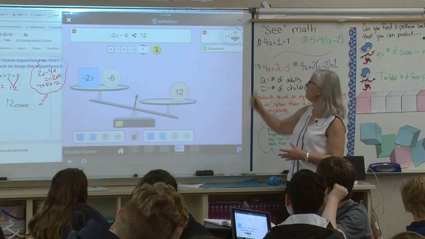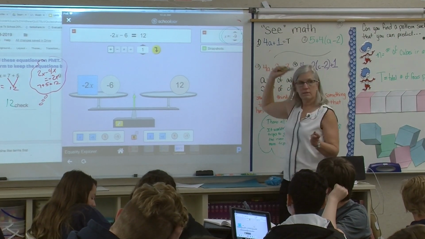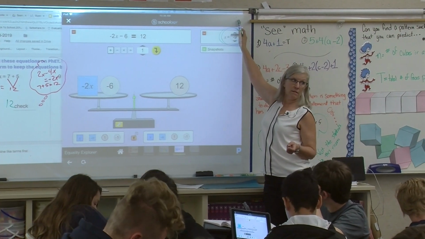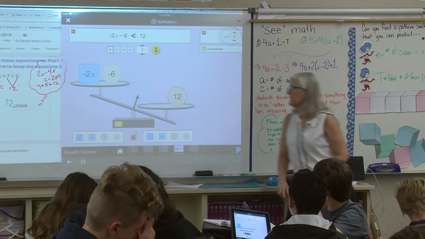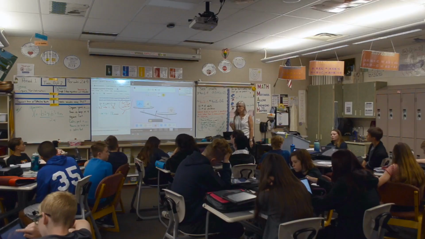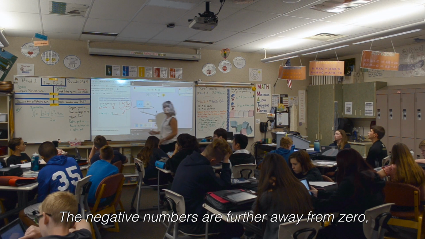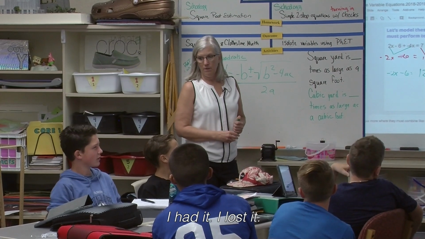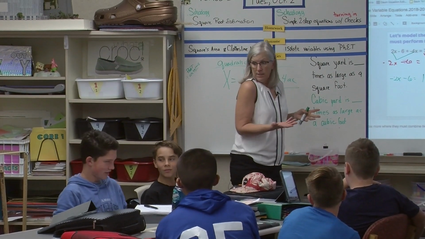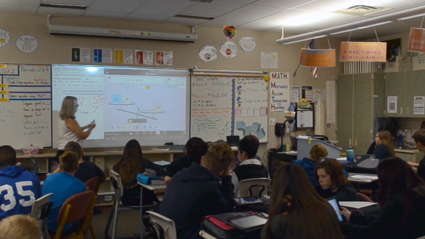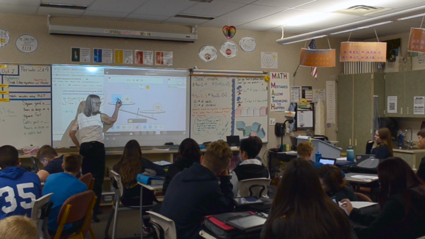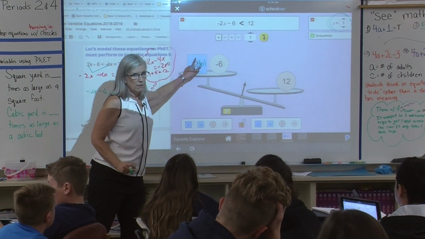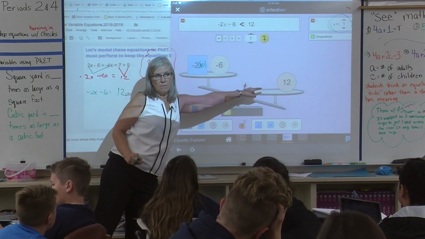So what is happening when, wait, okay. So we know the answer of x is -9. Will you take that back up high again? What happened when that was shifting to the right? Walker? The negative numbers are further away from 0, so that the whole number 12 is bigger. It's greater because it's heavier, right? And yet when we put a positive value in here, the bigger we got with x, Walker is saying this becomes even more negative. And this is still positive, so it becomes even heavier.